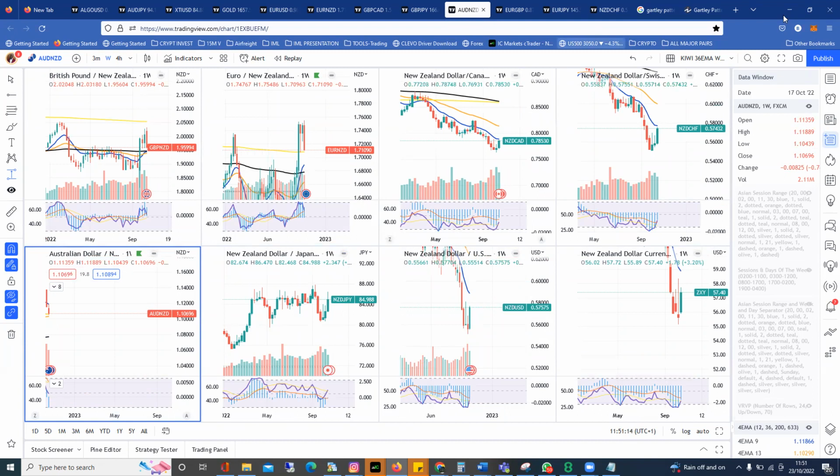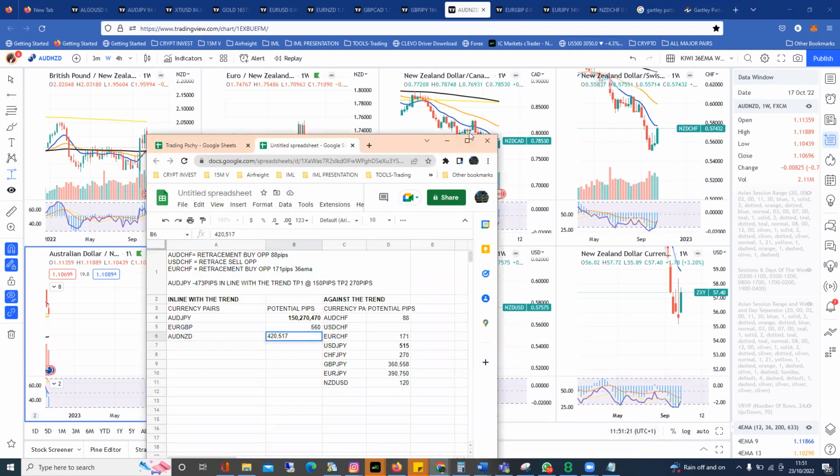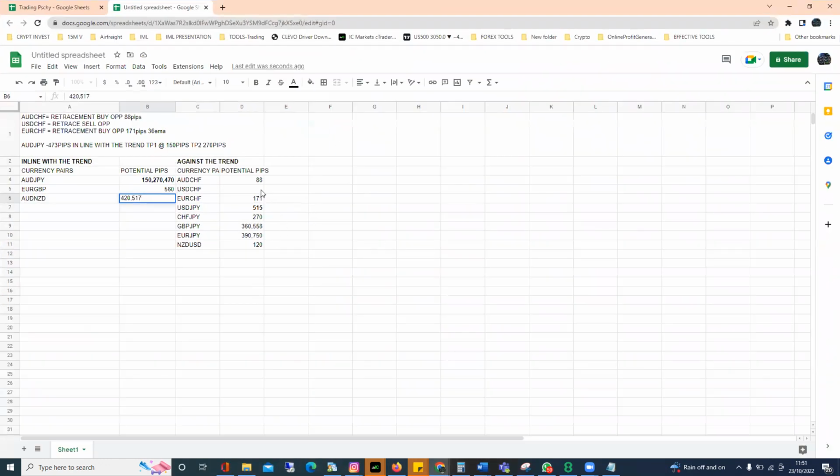All right. So I'm not going to go into most of the pairs anymore. I'm now going to populate my spreadsheet and quickly look at which one of them is actually offering one of the best opportunities. So in terms of in line with the trend, we see